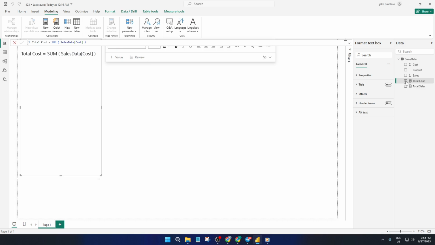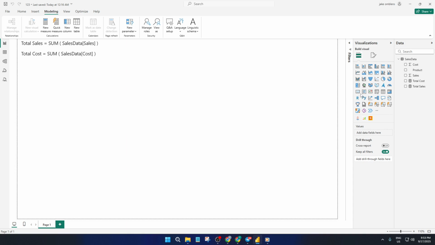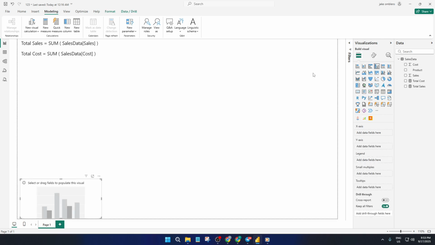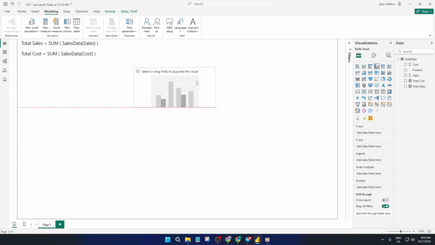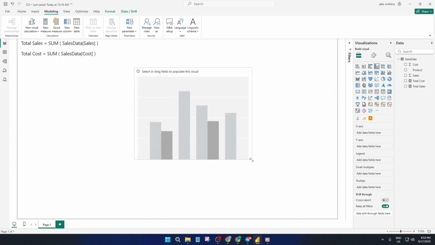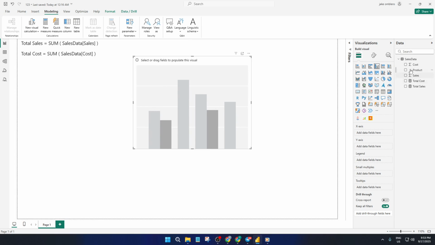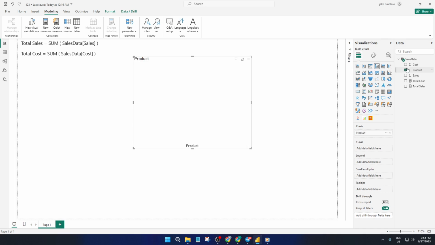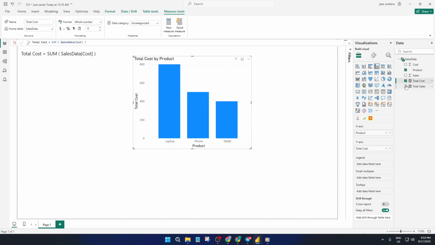Now let's put those measures to work. Go ahead and insert a clustered column chart onto your report canvas. This is the perfect starting point for beginner visuals because it's super clear and easy to interpret. For the x-axis, drag in your product field. Now for values, the important part, drag in the total sales measure you just created. Almost instantly, you'll see each product lined up along the horizontal axis, with vertical bars representing their corresponding sales numbers. This is an easy way to get a quick visual snapshot of how laptops, phones, and tablets are performing in